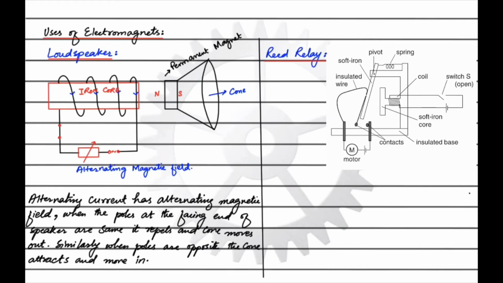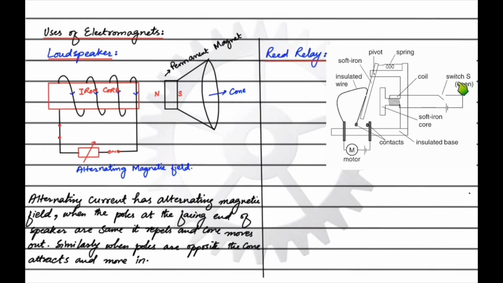A relay can prevent a possible electric shock that can occur if you come in contact with a wire that is carrying current. So if an appliance is carrying current of greater magnitude, there is greater danger in operating that appliance. In order to avoid this situation, a relay is connected to turn the appliance on or off. This is the circuit of a reed relay. Let's read the labeled diagram to understand the working phenomena.